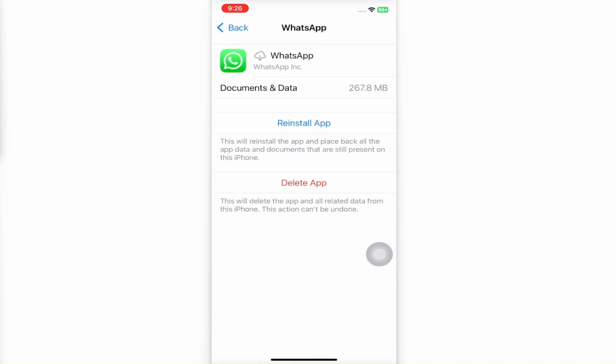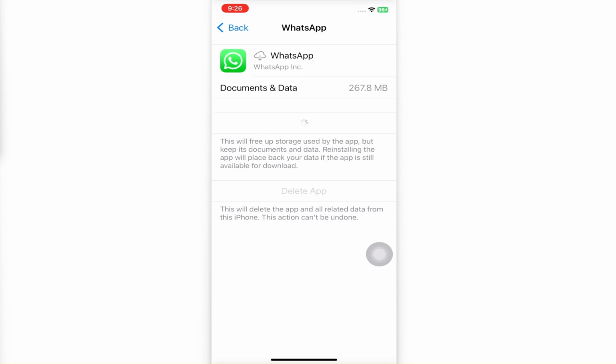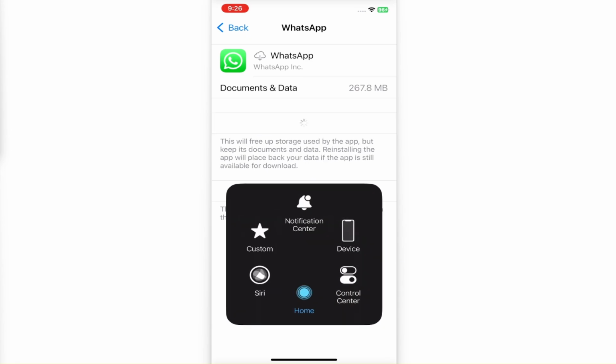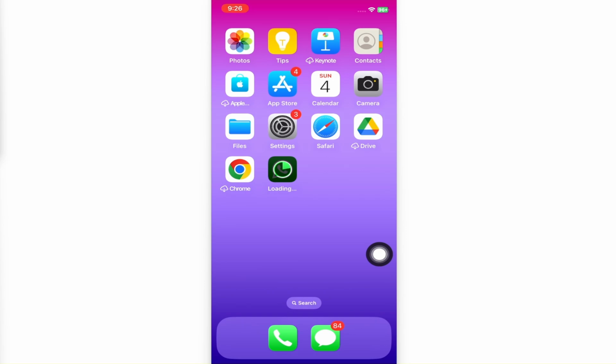And once that's done, go ahead and tap on reinstall app right here. Wait for the process to finish, and the next time you go ahead and open up WhatsApp, it will just ask you to log back in. So just go ahead and log back in. And after that, you just cleared your